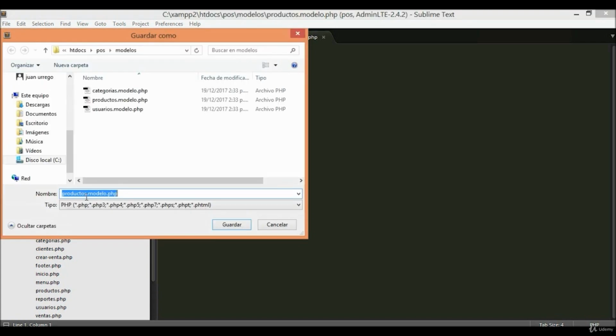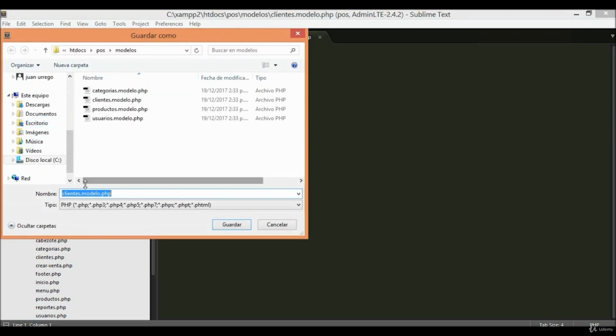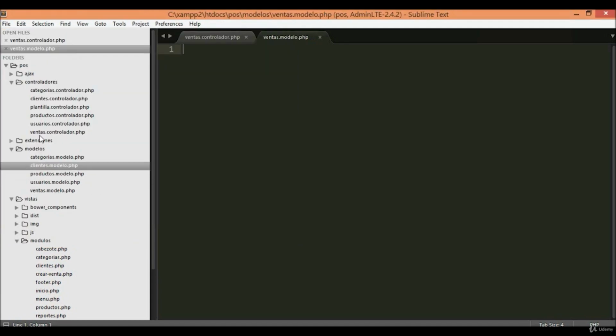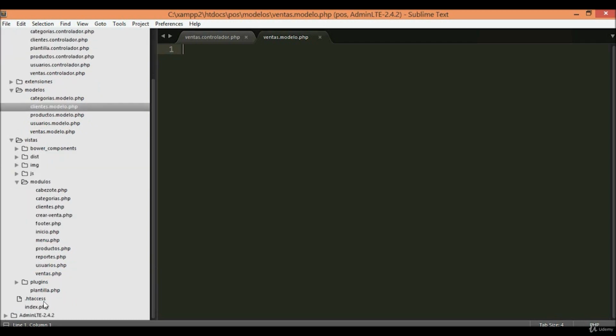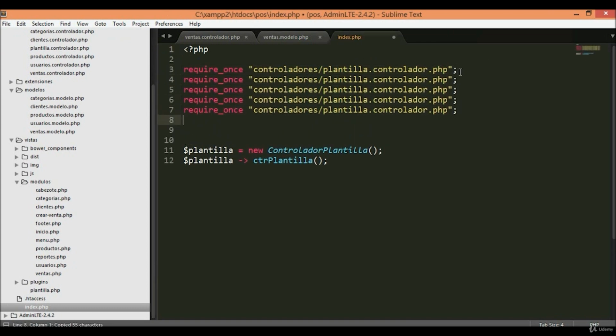Products dot model dot php, clients, and sales dot model dot php. If I'm going to use these controllers and these models, I need to require them in our index.php. So let me copy paste this here to duplicate